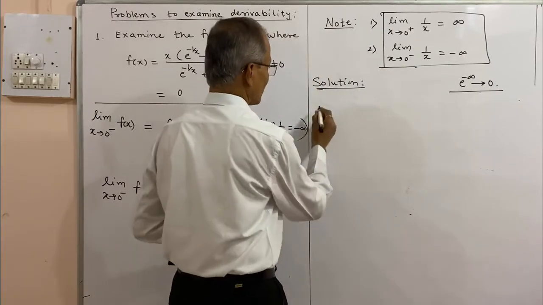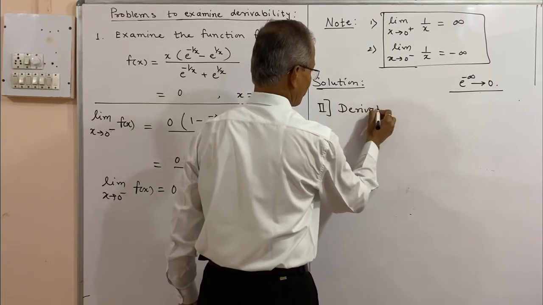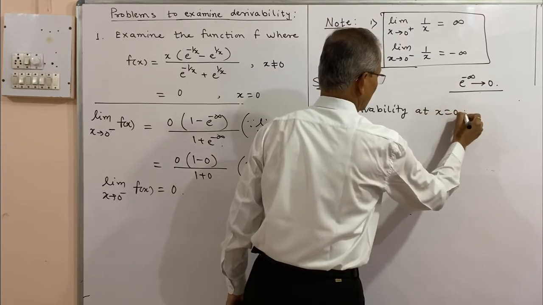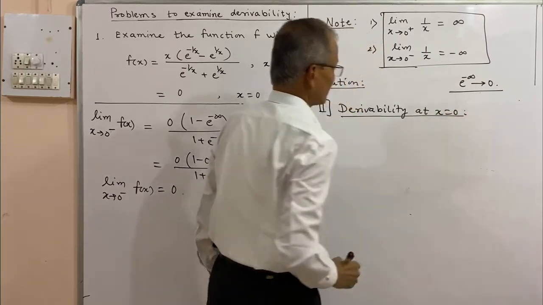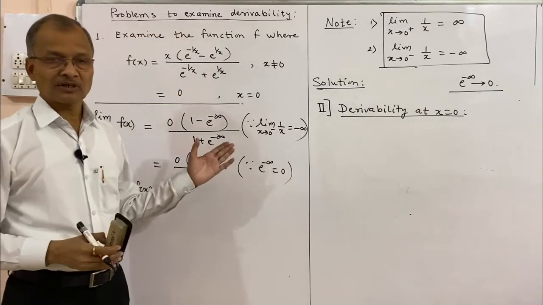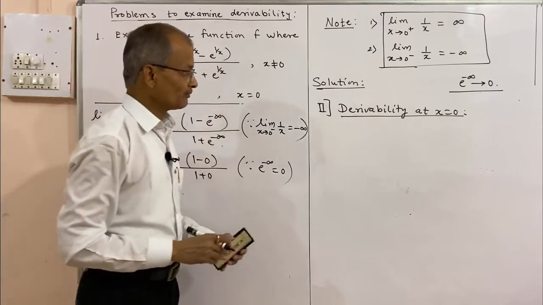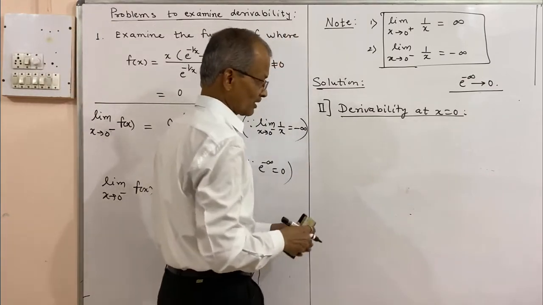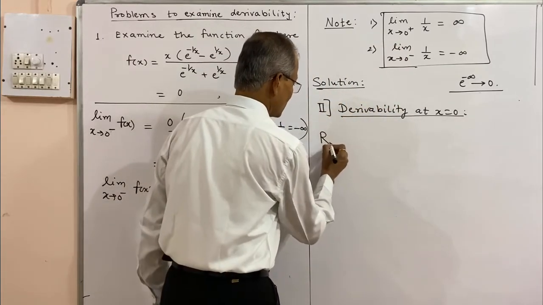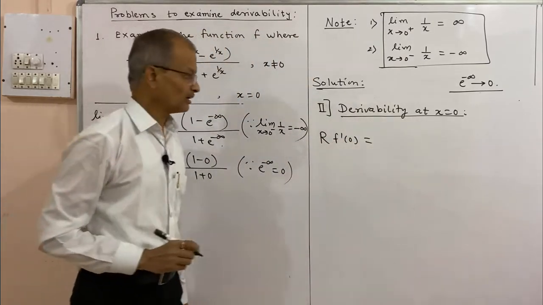Second thing, differentiability or derivability at x is equal to 0. Same procedure: we shall have to consider the right hand derivative and left hand derivative at 0. And we have defined last time what the right hand derivative and left hand derivative are. So first we shall consider R f dash 0, the right hand derivative of f at 0, and the definition is